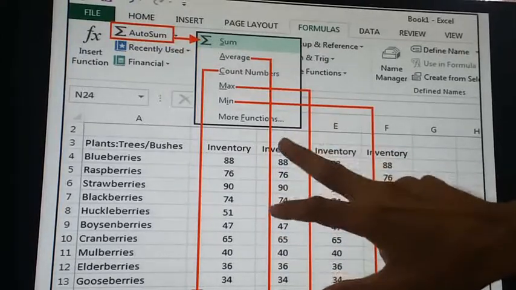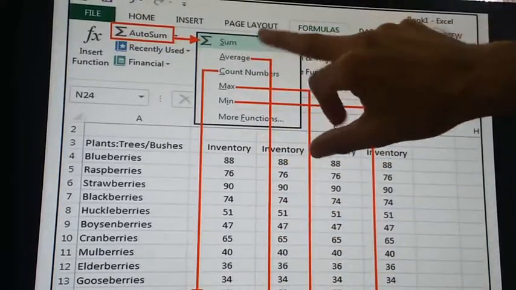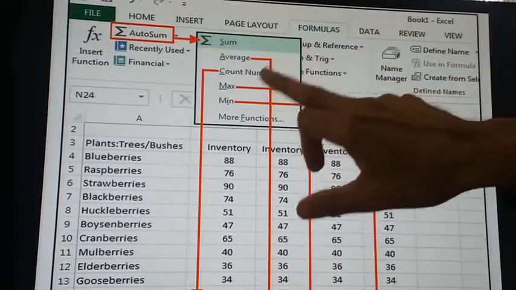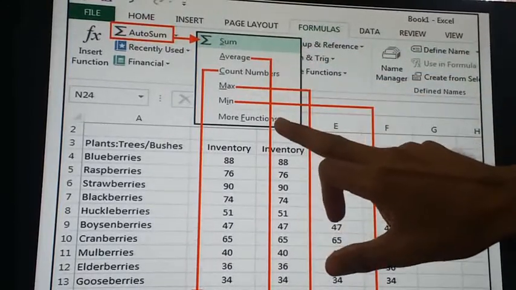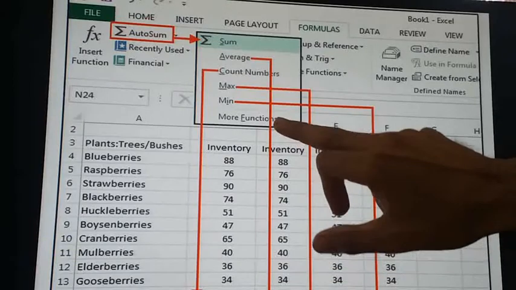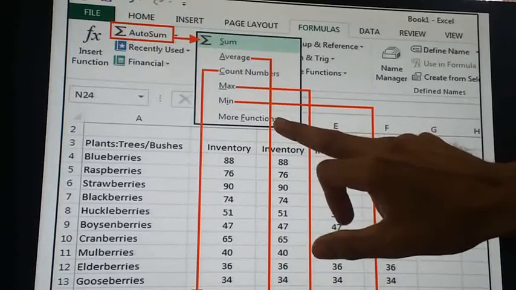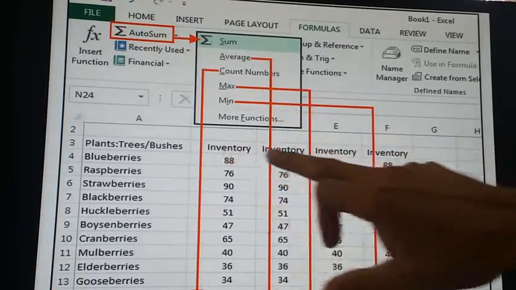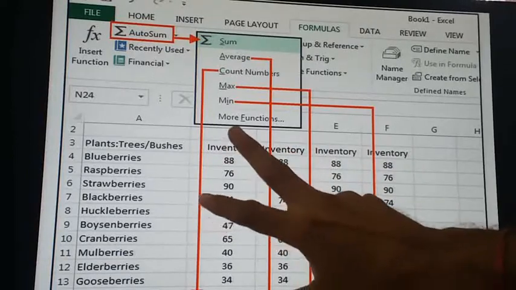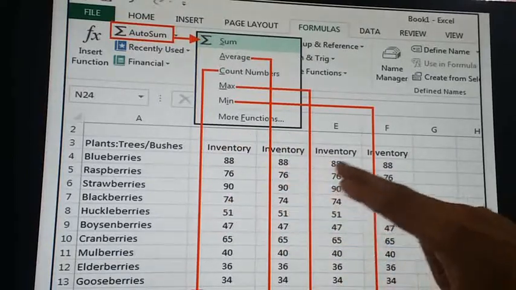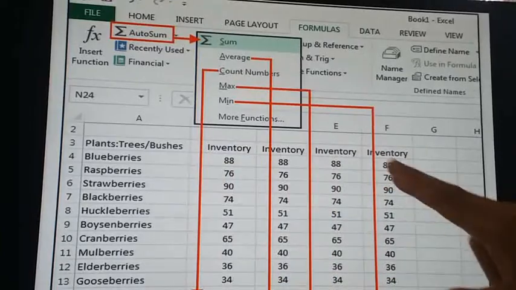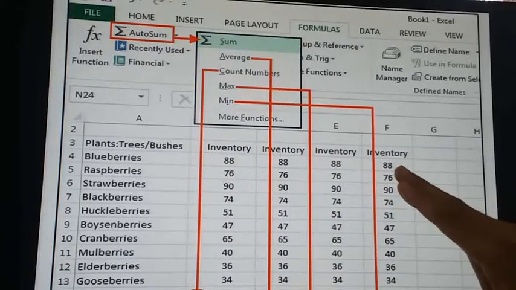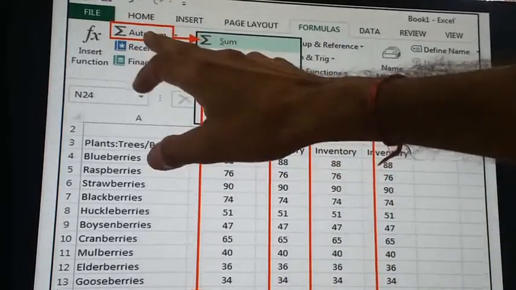We will use the formulas. We can use sum, average, count numbers, maximum, minimum, and other functions. So we can make summation, addition using equal to sum with the range of the cells, or here the auto sum option is there.